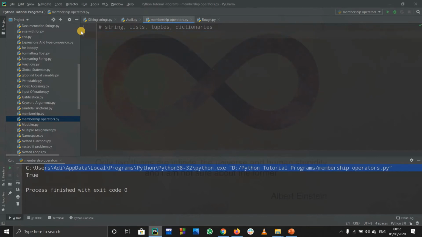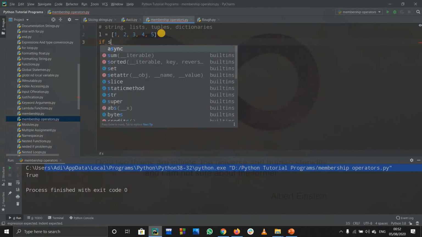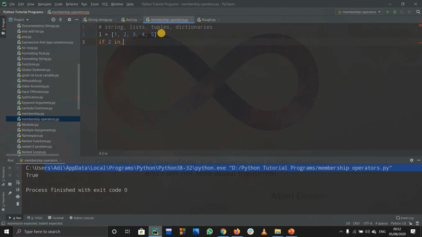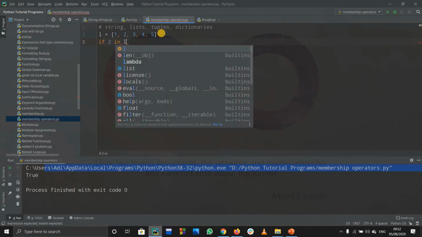So I'll explain one more piece of code. I'm just explaining how to use membership operators by using a list, and I'll explain by using if conditions as well. So I'll simply have a list 1, 2, 3, 4, and 5. Pretty much a normal list. Fine. So this is my list, and I want to check if 2 is there inside this list or no. So what I'll do is check if 2 in L.